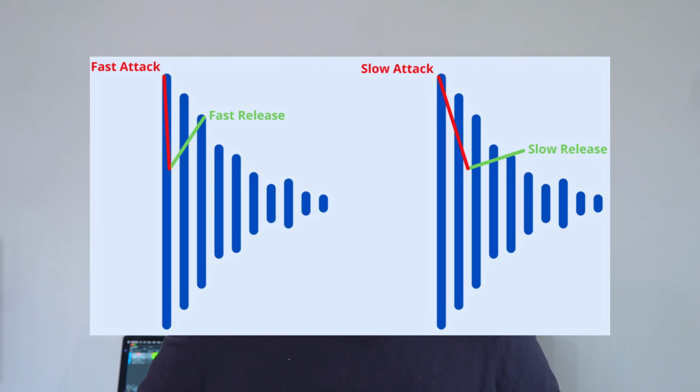At the same time, it will produce a pumping effect as the sound volume will change in a very fast manner. On the other hand, a longer release time will make everything sound more natural. But it's good to consider the automatic release time that some of the plugins are offering. Nowadays, the algorithms have got really good.